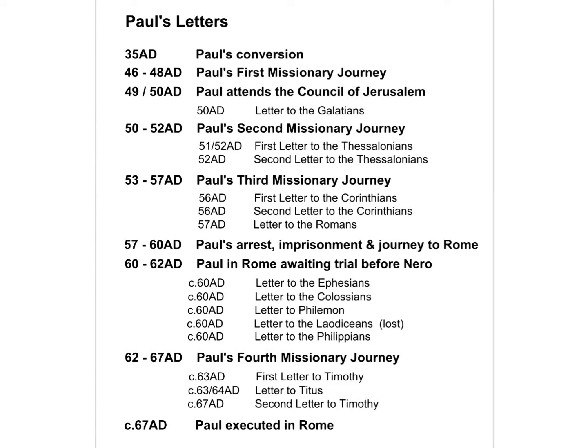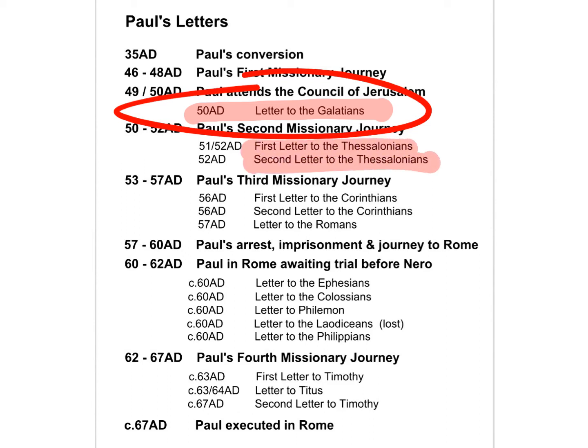All right, so notice here Paul's first letter after the council in Jerusalem that we read about in Acts 15. In about AD 50, he writes the book of Galatians. So the book of Galatians is his first letter. And then by this time, on his second missionary journey, he's already written 1st and 2nd Thessalonians. And on his third missionary journey, before he's arrived at Corinth, he's already written 1 Corinthians to the church there. Then on his way there, he sends the second letter, or at least the second letter we have in our Bibles. It appears Paul wrote 3, maybe 4 letters to the church at Corinth.